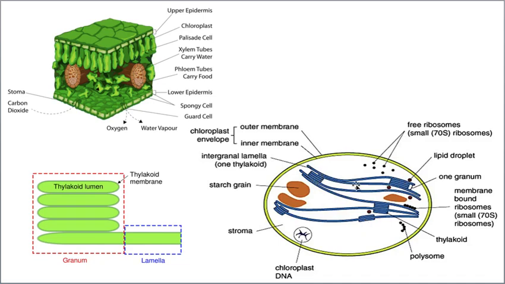But you can see that one grana is connected to another grana by such a sac-like extension, such a membranous extension, that is called stroma lamella. See, this is called stroma lamella. Now this is one grana, and it is connected to another grana. Imagine one more grana here. They are connected by this structure that is called stroma lamella. Hope you understood now. Now let us go for the light reaction and dark reaction.